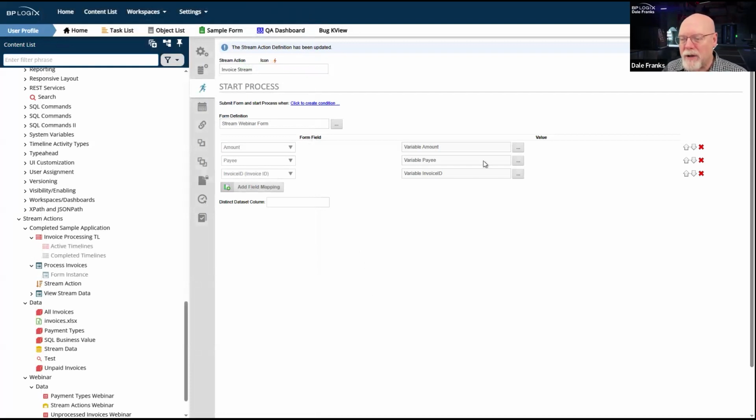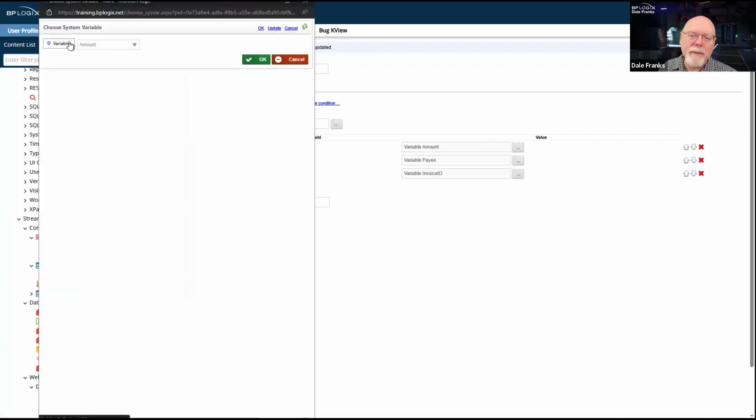The reason why it's non-obvious is that whenever we choose a variable, what we're used to seeing is just a text box that will allow us to put in a system variable, or a query string, or to type in var colon, whatever the variable name is. We're used to dealing with that as a manual variable creation setup. That's not what happens in the stream action. These variables are being created for you automatically so that we can supply the values for each row. So that's why we're choosing variable.